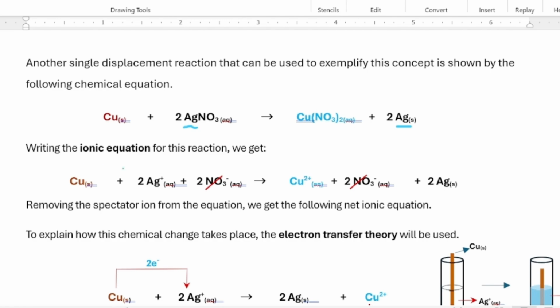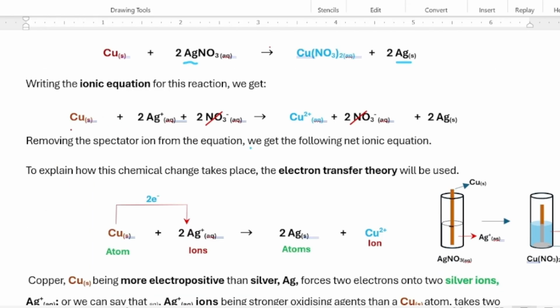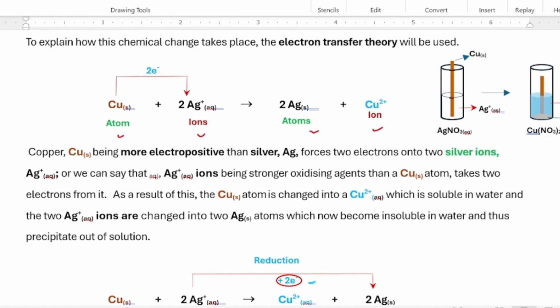Only in this case, copper is reacting with a solution of silver nitrate to produce copper-2 nitrate with silver being precipitated out of solution. Writing the net ionic equation for the reaction, we end up with this one as shown here. Nitrate ions are common on both sides of the equation, so removing these spectator ions, we are now left with the net ionic equation as shown here. Using the electron transfer theory, we say that in this case, copper being more electropositive than silver forces 2 electrons